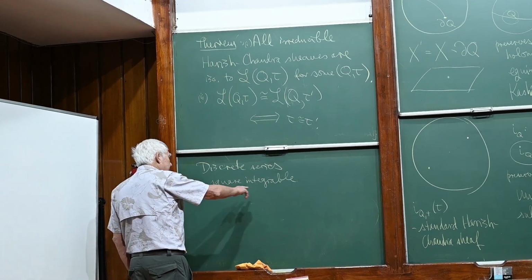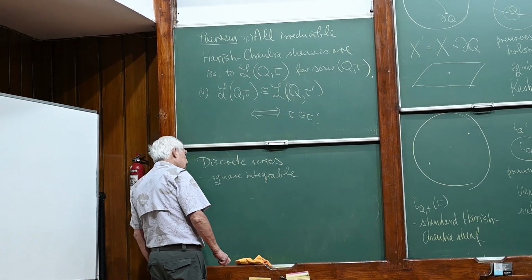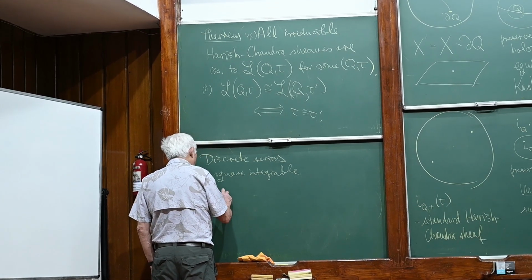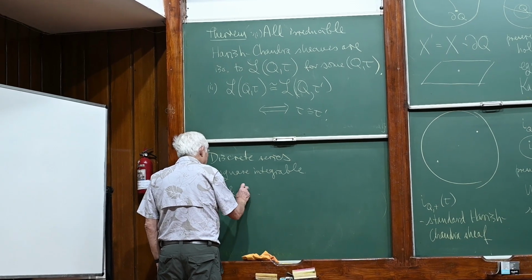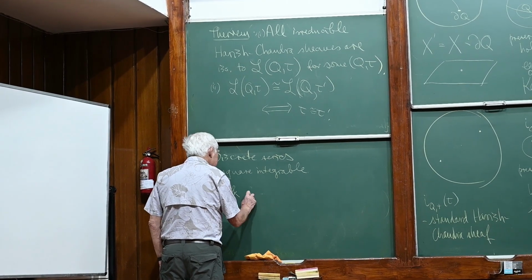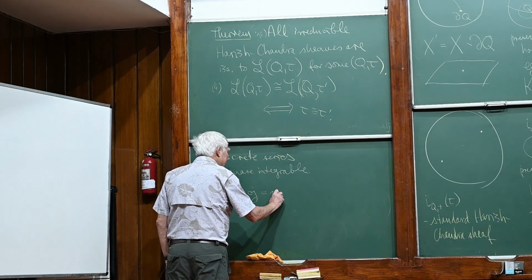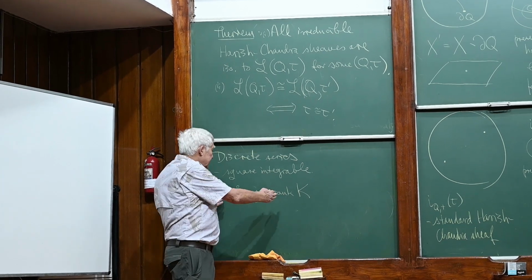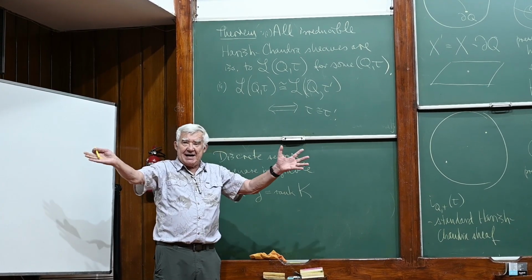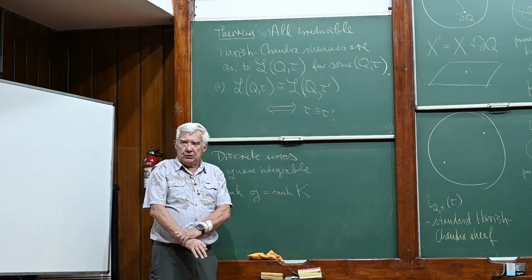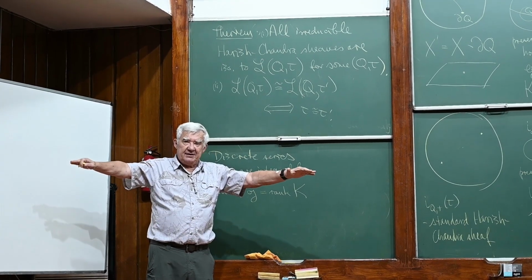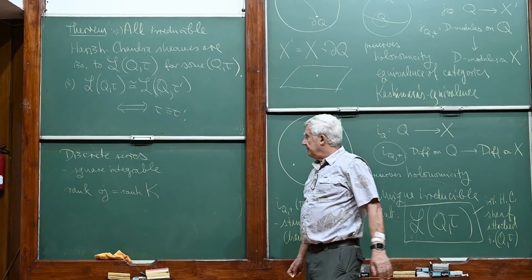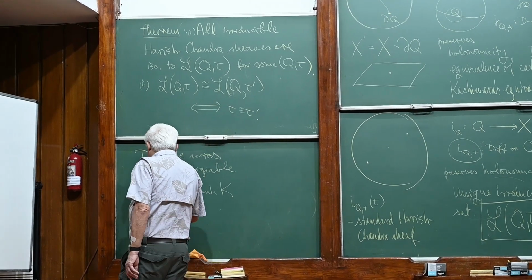the following: that square integrable representations exist if the rank of, say, G is the same as the rank of K. Of course, this is Harish-Chandra's condition. If this is not the case, there is not enough room to get square integrable matrix coefficients, as you will see. But under this condition, there is one-to-one